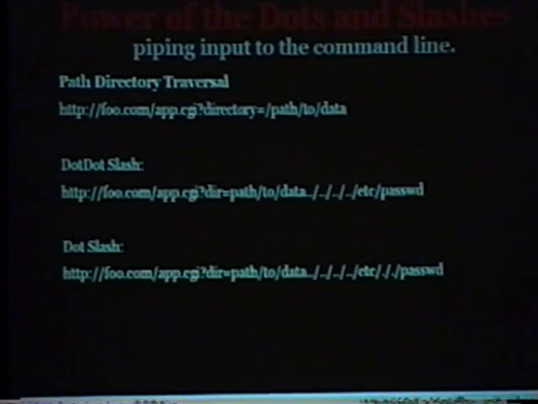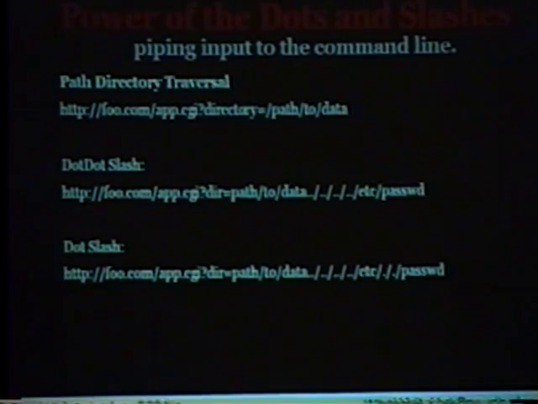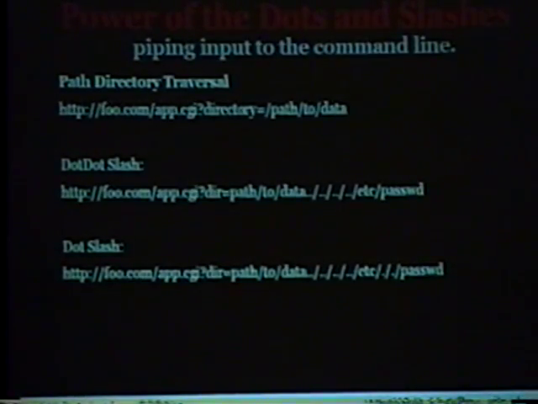So let's say the administrator gets smart and goes, okay, nobody should be trying to get etc password, nobody should be able to get this. So you just change the string a little bit. This is where intrusion detection evasion comes in. Firewalls don't matter. Intrusion detection is just a joke. Don't even worry about it. You just start putting ../ in, go up and down, and you just start playing with the URL, and you'll get the same thing. etc/../password is the same thing as the one above.